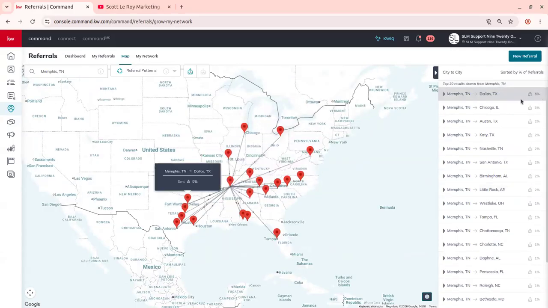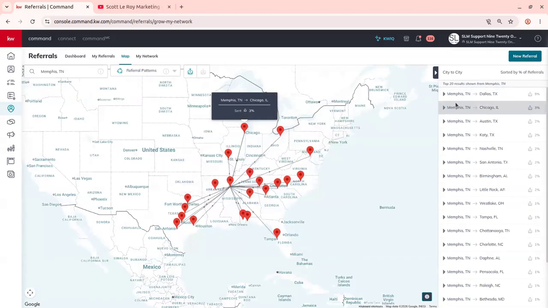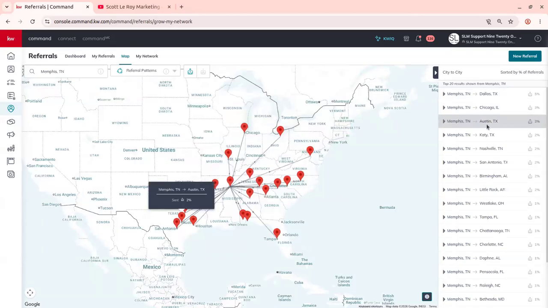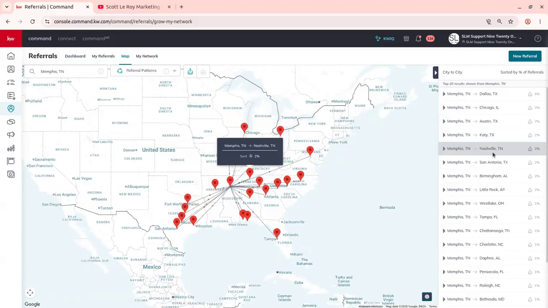You'll see percentages on the side. That just shows what percentage of referrals, when they are sent through Command, are sent from Memphis. Where are they going? So in this case, Dallas, Texas, Chicago, Illinois, Austin, Texas, Katy, Texas, and then we get